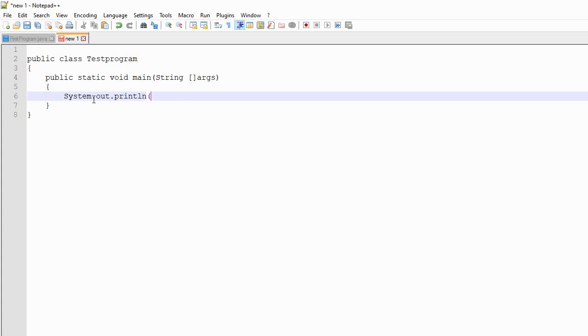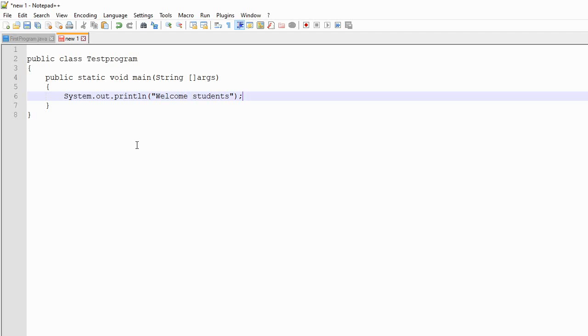Okay, so this println method is similar to the print function in Python programming. This is used to display anything on the screen, and whatever you would like to display you have to include in double quotes. Suppose I would like to write "welcome students". Okay, and every line ends with a semicolon.